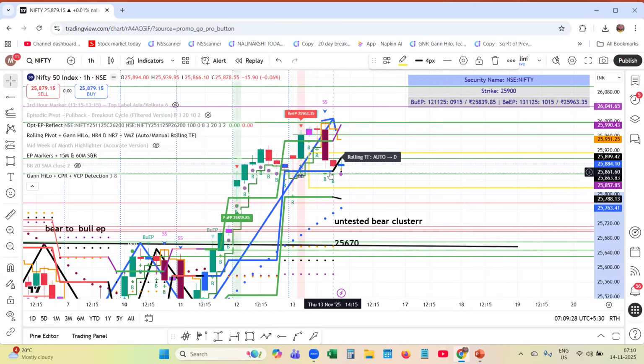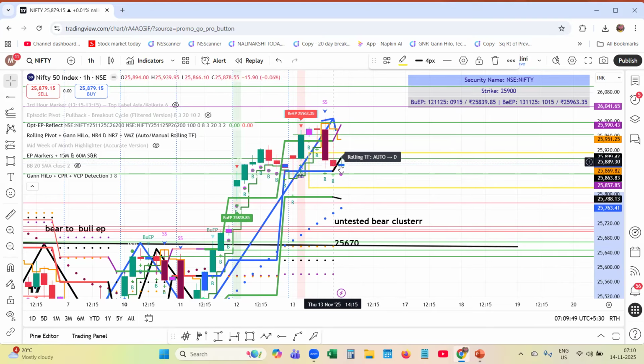I am on the hourly basis. The price has closed before, and a narrow range bar has been formed. That is the blue color bar. So this candle high